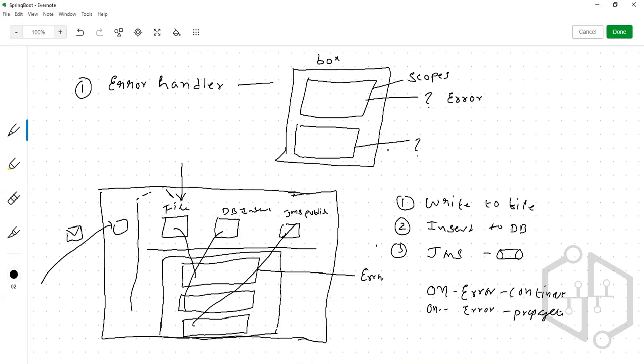Usually, if an error occurs, it will throw back, right? The second one is on error propagate. Propagate means if an error occurs, it stops the execution. Both ways you can stop, but